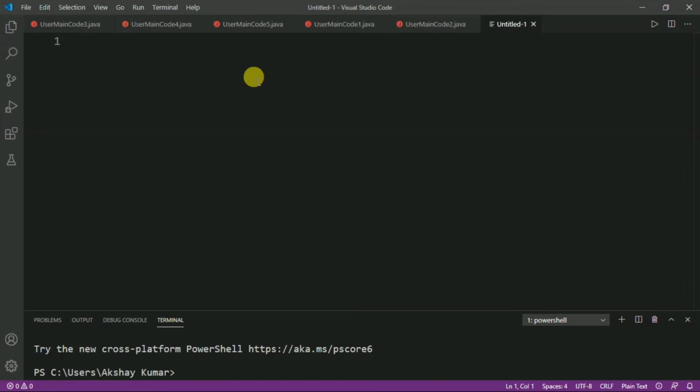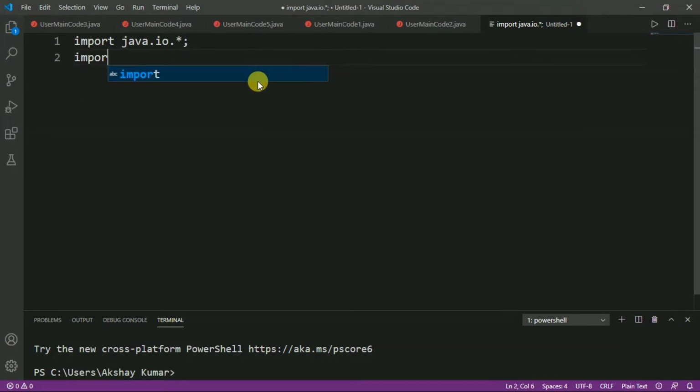So, initially we have to import some Java packages. So, we have to write import java.io.*, and the other package is import java.util.*,